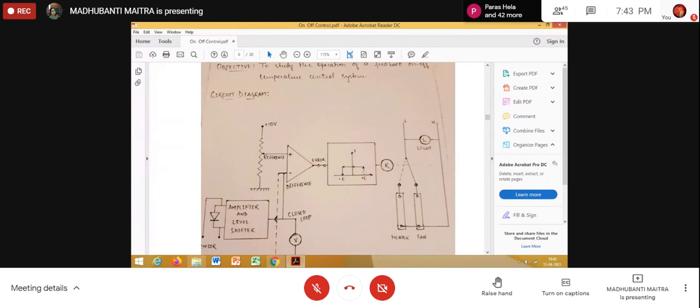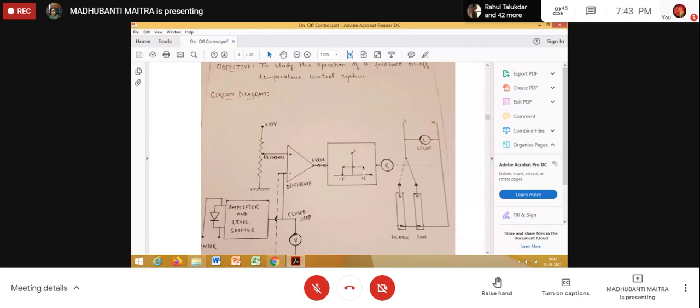So at this particular point, the relay will be de-energized as the temperature is now 74.9, or if you make it equal, it will be 75 degree. Right? So in general, I can say if it exceeds 75 degree, now the heater should ideally be off and the fan should be on. Am I clear?